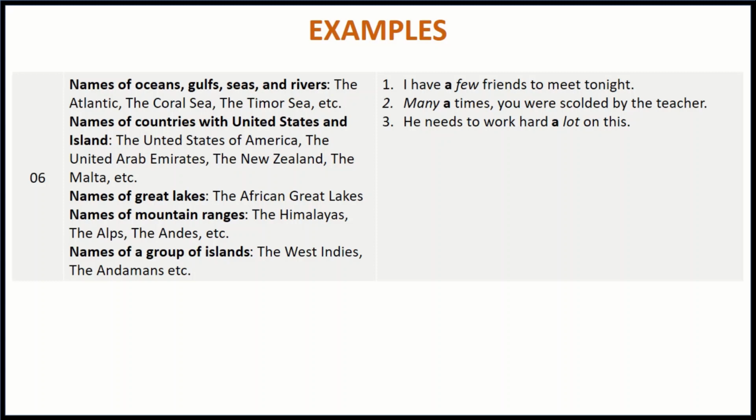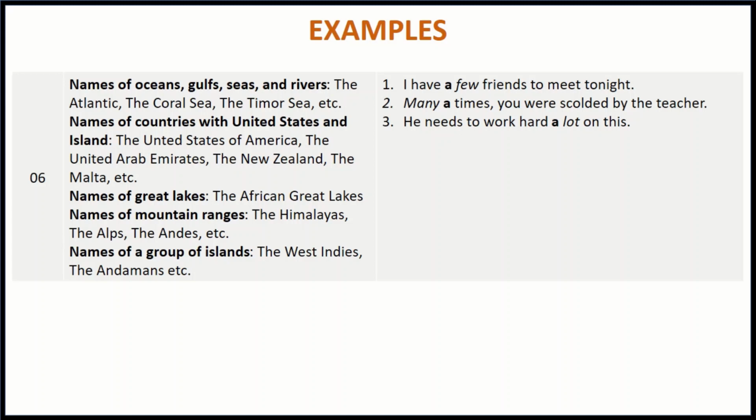For example, I remember the word Atlantic. It's also the name of a shop where I live. It's the name of a restaurant where I live, on the ground floor of my building. So I mean Atlantic restaurant. But when we say the Atlantic, it specifies. It gives us an idea that actually someone is referring to the Atlantic Ocean.